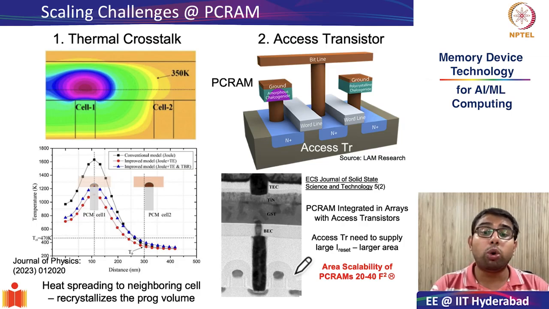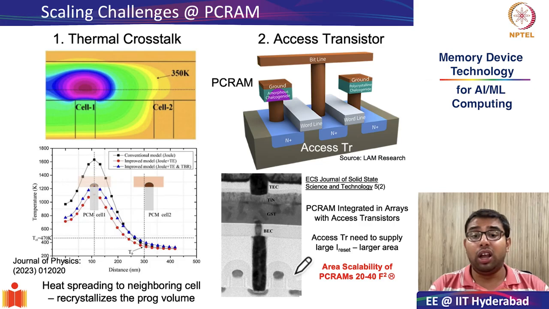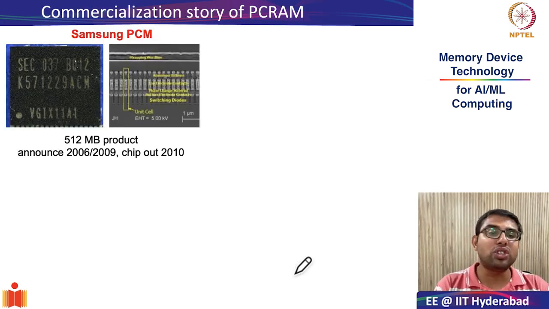It is around 20 to 40 F squared. Now this is really, really poor even compared to DRAM. And this becomes the major problem when you try to commercialize PC RAMs. So the commercialization story of PC RAMs is more like a bitter-sweet story, because PC RAM is such a fascinating